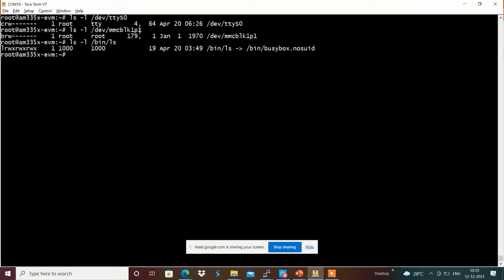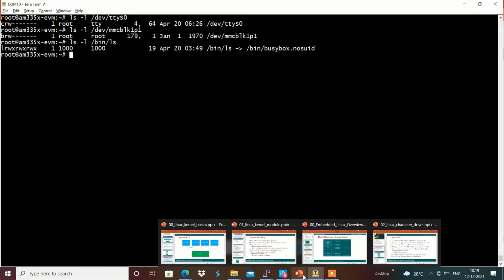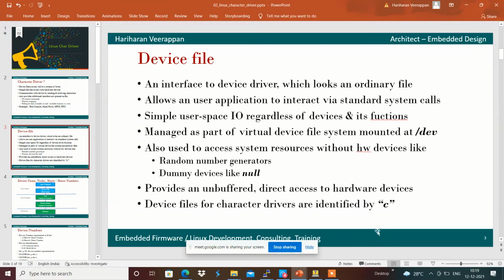For example, this one has major number 4 and minor number 64. Basically, this major and minor number will be used in the kernel subsystem to link with the respective drivers, which we will see. The device file is the only application interface to interact with the respective device driver with the help of system calls from user space applications.